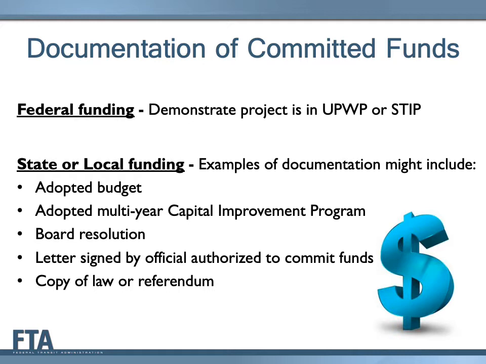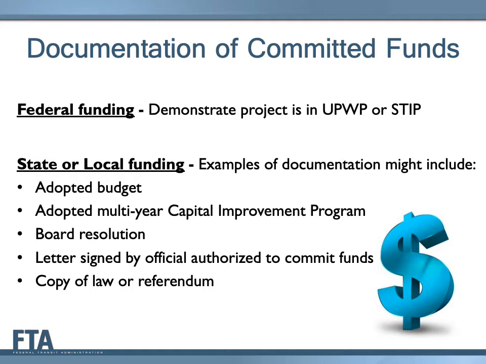If state or local funding will be used to pay for project development, the project sponsor must describe the source or sources of funding being used and provide supporting documentation to FTA showing the commitment of these funds. A statement that there is an intent to commit funds in the future is not sufficient. FTA needs to know that the money exists and is currently approved so that PD activities can begin as soon as the project enters the CIG program.